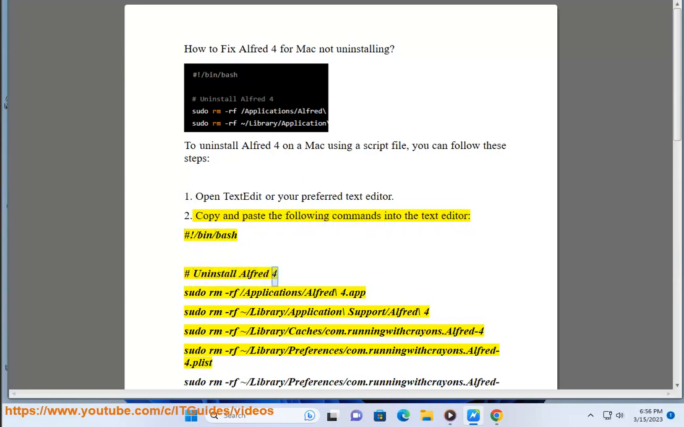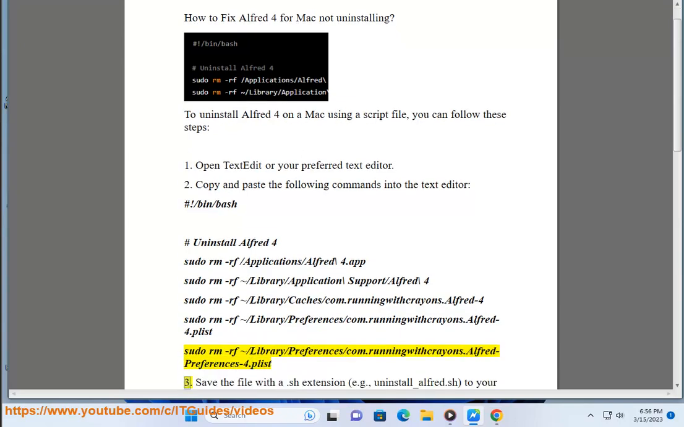#!/bin/bash # Uninstall Alfred 4 sudo rm -rf /Applications/Alfred\ 4.app sudo rm -rf /Library/Application\ Support/Alfred\ 4 sudo rm -rf /Library/Caches/com.runningwithcrayons.Alfred-4 sudo rm -rf /Library/Preferences/com.runningwithcrayons.Alfred-4.plist sudo rm -rf /Library/Preferences/com.runningwithcrayons.Alfred-Preferences-4.plist